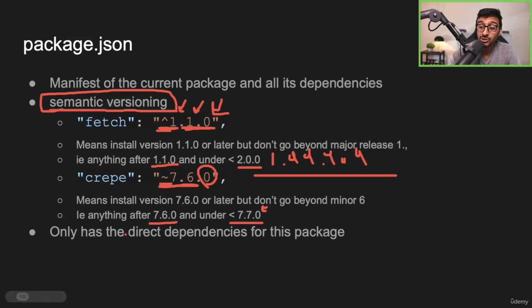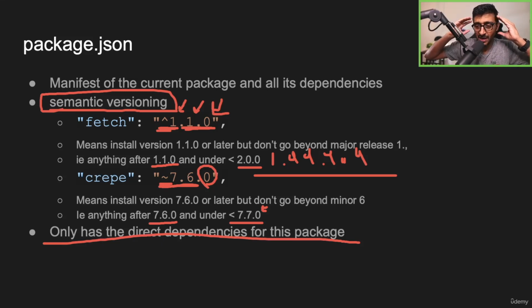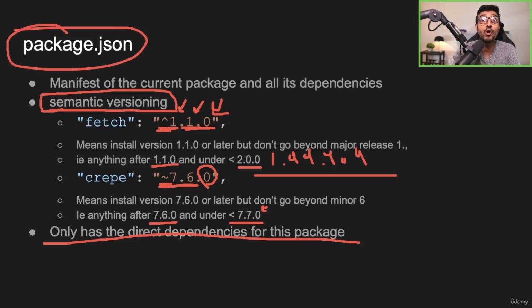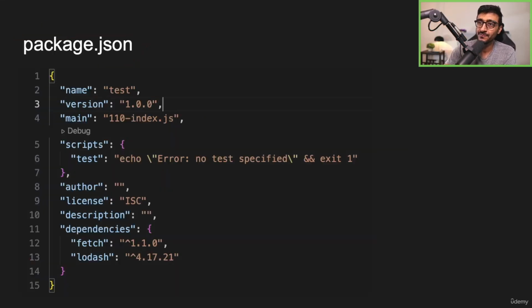Of course, the package.json only has the direct dependencies, you guys. It doesn't care about the dependencies of the dependencies. It doesn't know them. You say, hey, I am this package, I'm about to reference fetch, I'm about to reference fs, I'm about to reference this. You don't know what fetch references, and you don't care at that moment, at least in the package.json, this manifest. That's the job of another file.